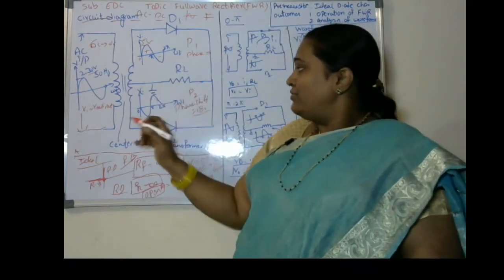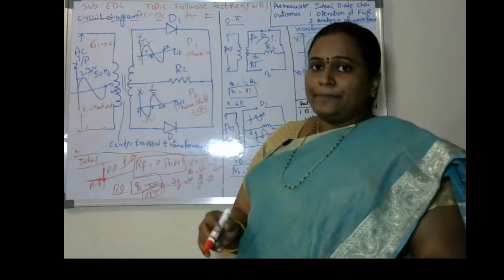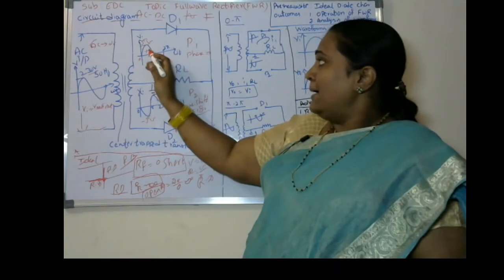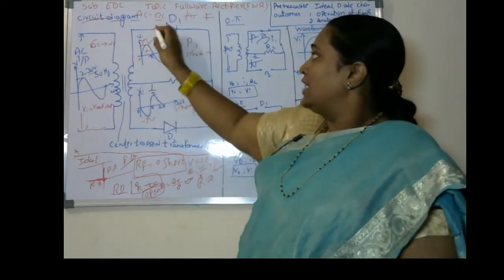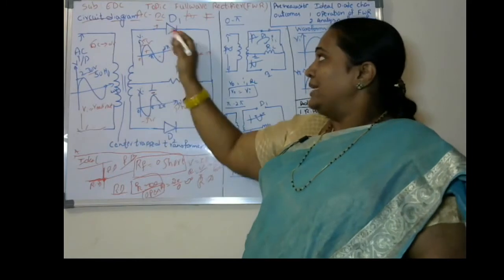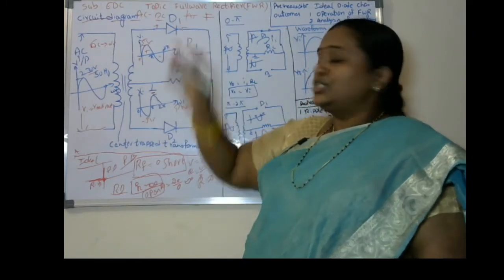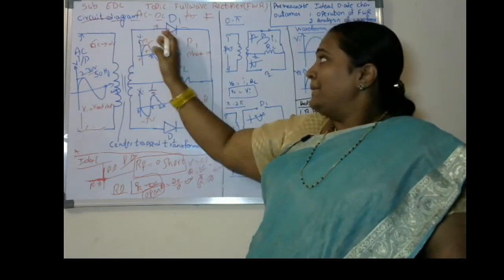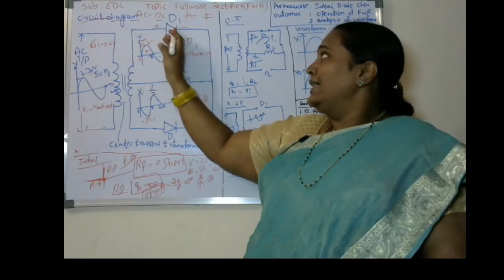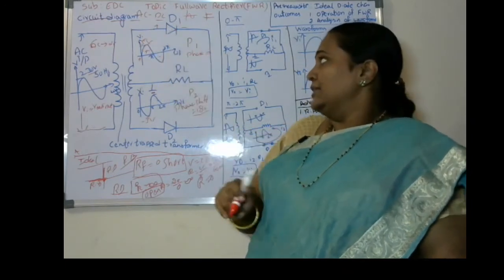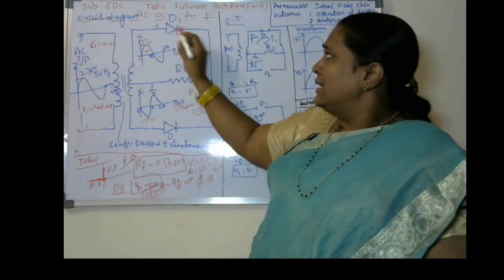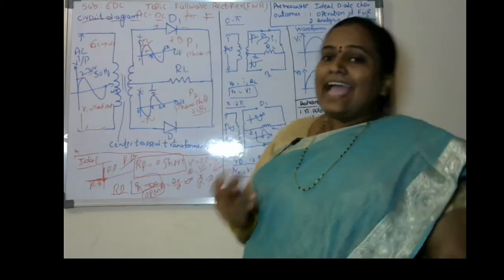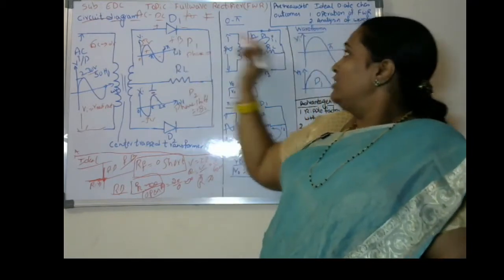First, I will analyze the 0 to pi cycle. In the 0 to pi cycle, the first part has the positive voltage, so the diode has the positive voltage at the P type and the negative terminal of the voltage at the N type. Simply, I can say that the P type has been connected to the positive terminal and the N type to the negative terminal. So the diode is in the forward bias condition. Once the diode is in forward bias, it acts like a short circuit. So D1 will be shorted.